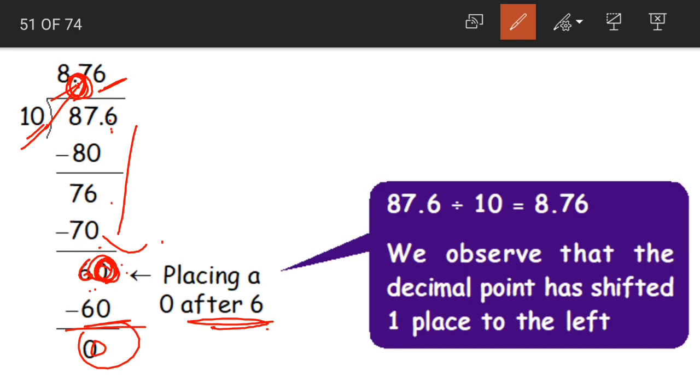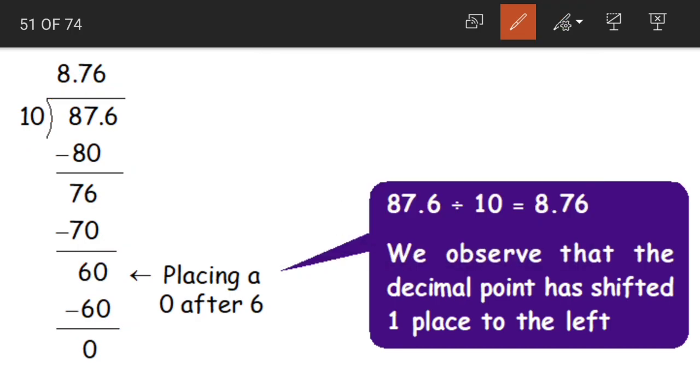Now this division is a little bit complicated for you. So that is why you can simply understand that when we are dividing a given decimal number by 10, 100 or 1000, we move the decimal point to the left side.